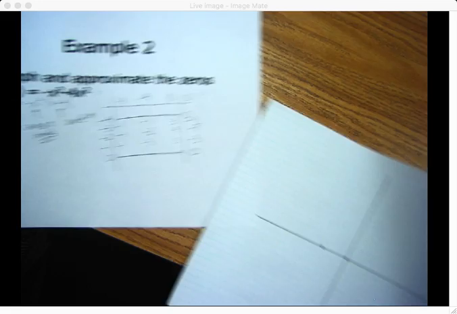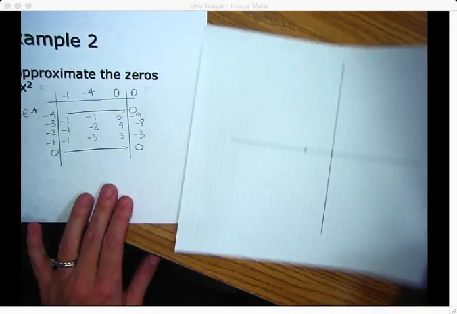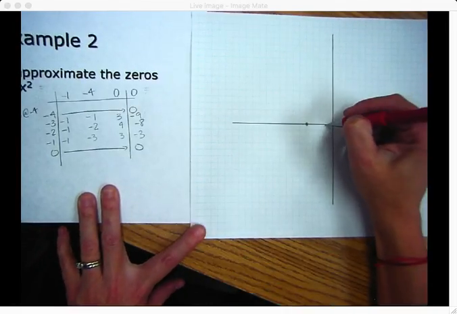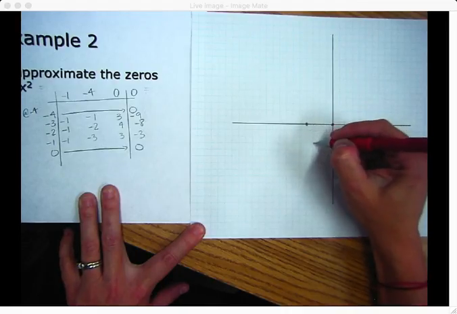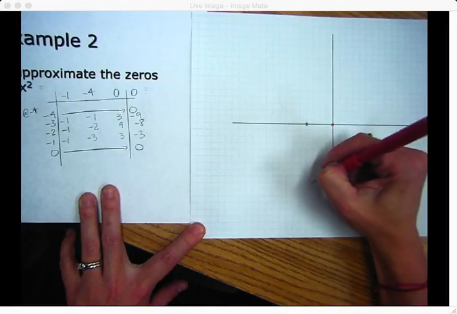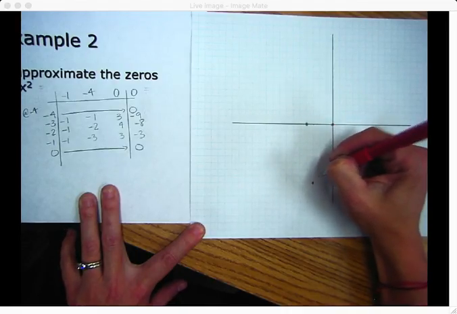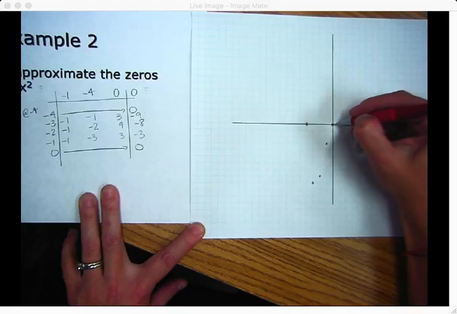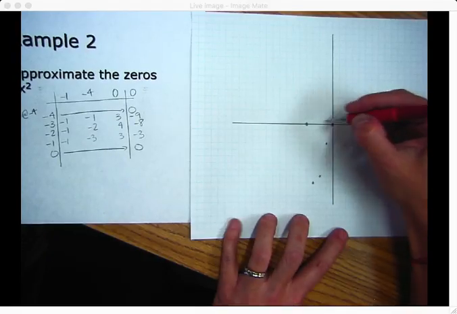So let me scoot this over a little so you can still see the XY chart. And then here, I should be able to graph this fairly quickly. At -3, it's -9. 1, 2, 3, 4, 5, 6, 7, 8, 9. At -2, it's -8. At -1, it's -3. And keep in mind, this was a double root. That means that my graph,